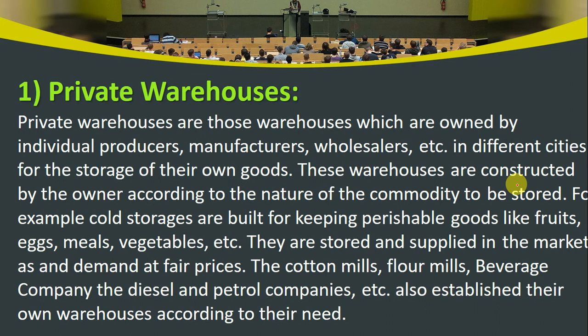The big farmers in the villages also set up their own warehouses for storing their surplus production of cotton, wheat, rice. Sometimes it's illegal, but tobacco as well, fruits, etc. These goods are stored and preserved and supplied to the market as and when they are demanded at fair prices. So, dear students,